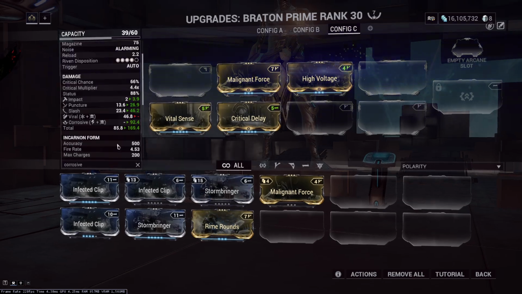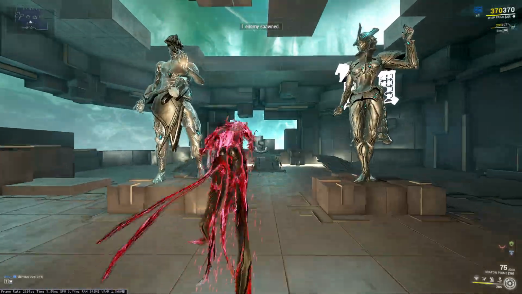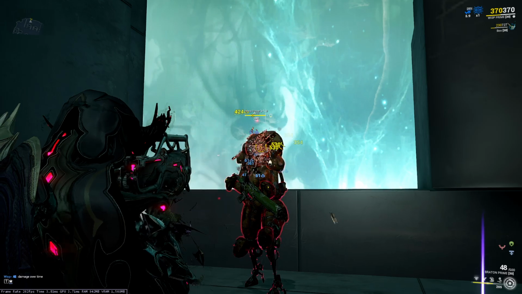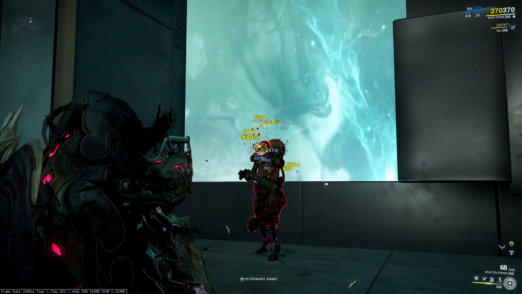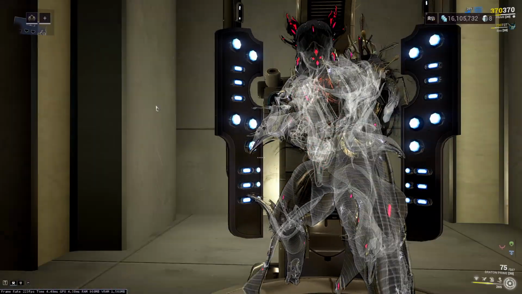And why? Because corrosive, in general, will deal way more damage on its own to the heavier Grineer units, but at the end of the day, it will deal less damage because your DOT procs will be less. So we're seeing 530 damage on this guy per shot, right? When we're headshotting him and critting him. If we change to viral,